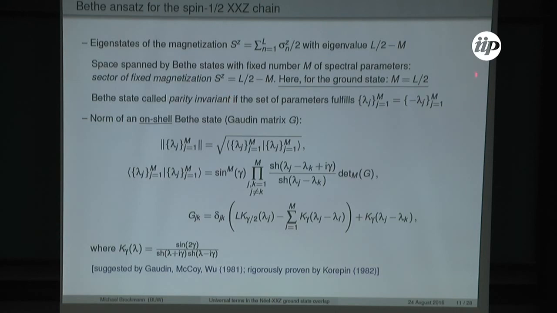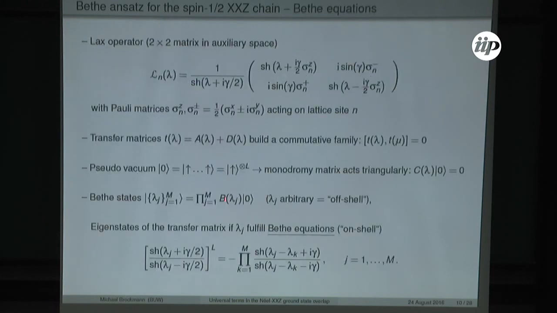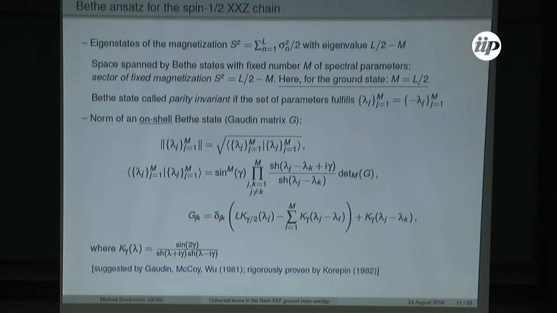So we call a state parity invariant if the set of all the lambdas has this symmetry. This is a reflection with respect to the origin, and if this is fulfilled, then we call it parity invariant. Be careful here: these states are not normalized yet, and at the end we would like to compute the overlap of the Néel state with a normalized ground state. That's why we also need the norm, and the norm of a beta state